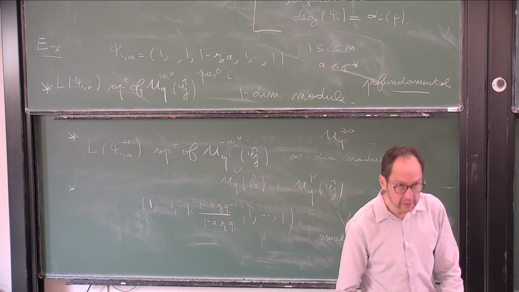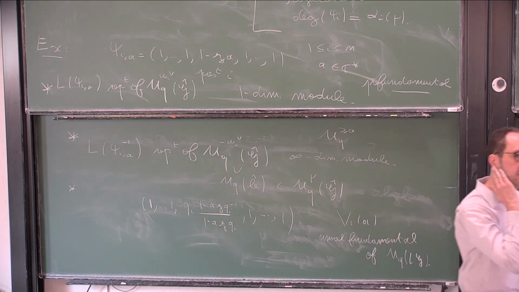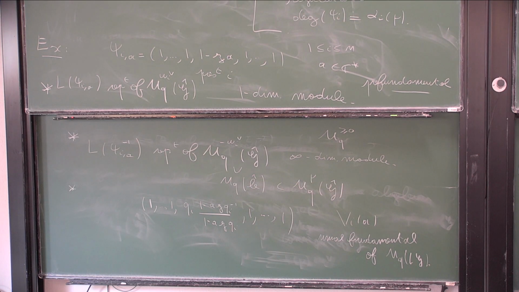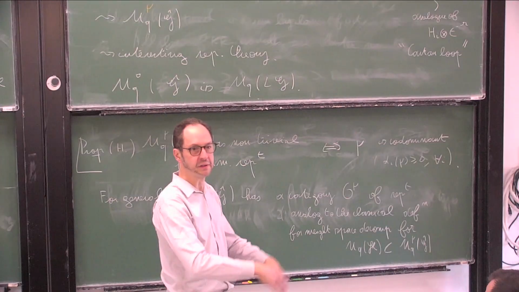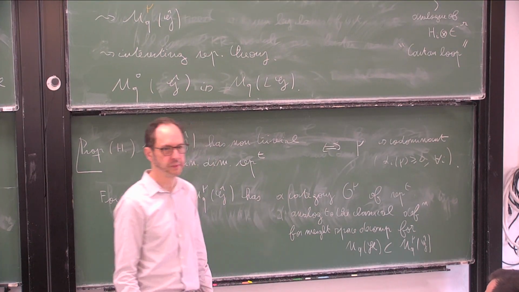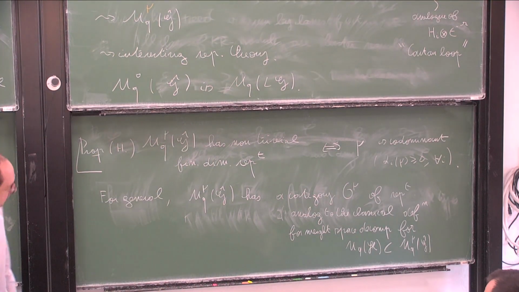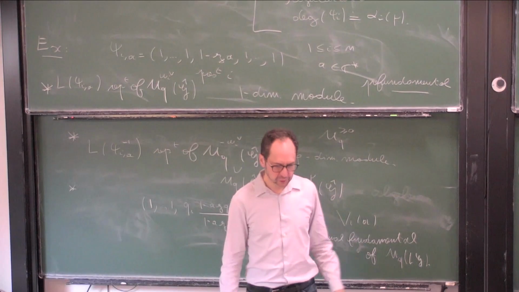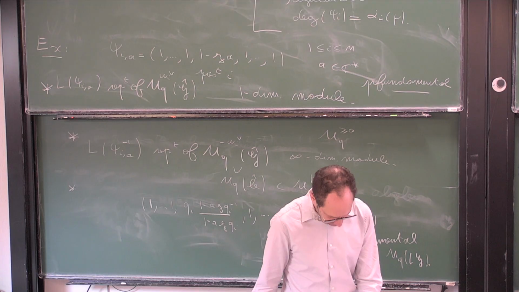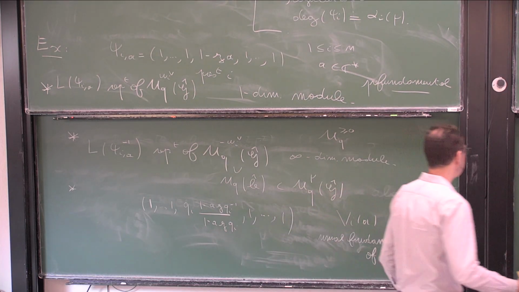When you say anti-codominant, you mean alpha_i of mu is less or equal than 0, or less strict? Yes, okay. So you have codominant, anti-codominant, and many others. These are just some examples of representations, but of course there are many more.